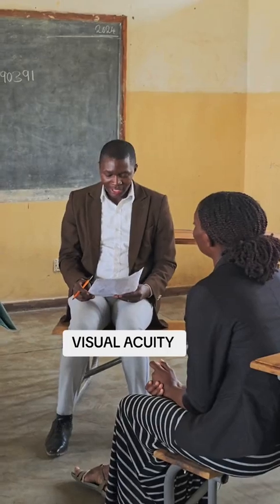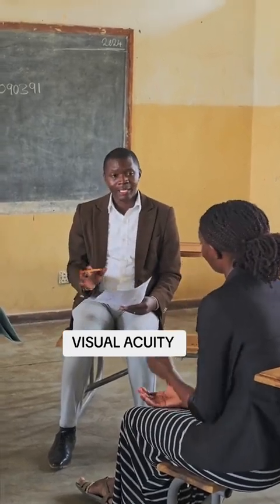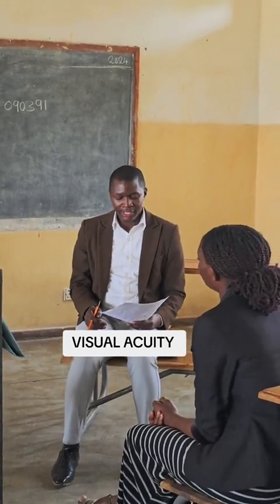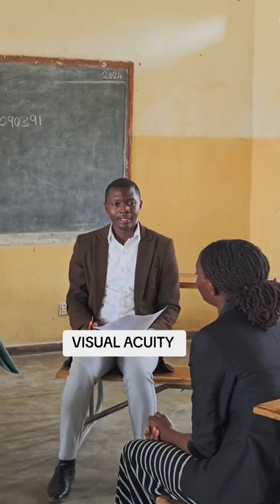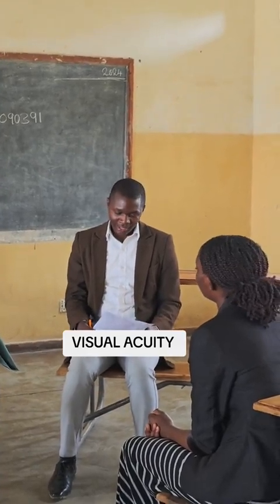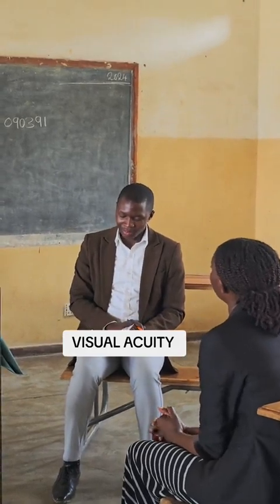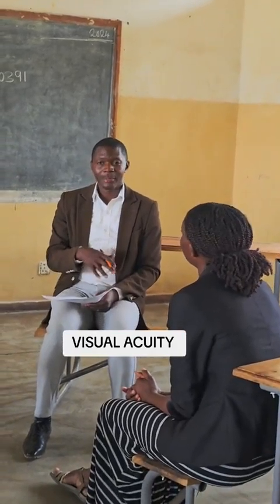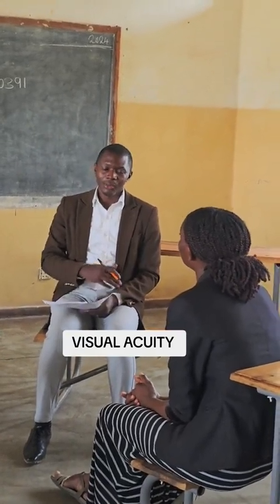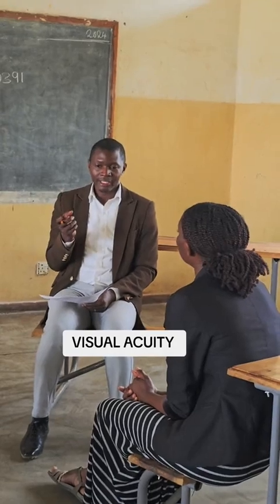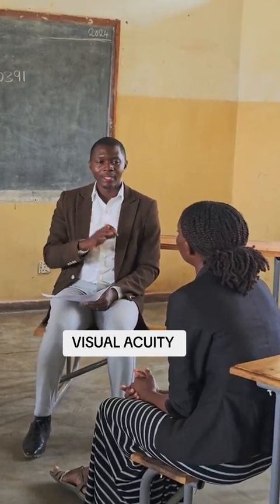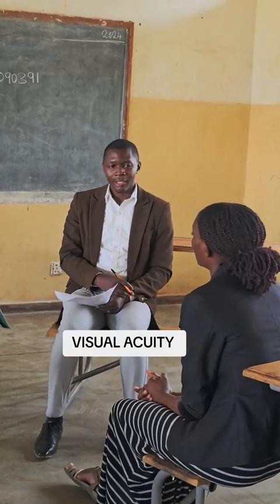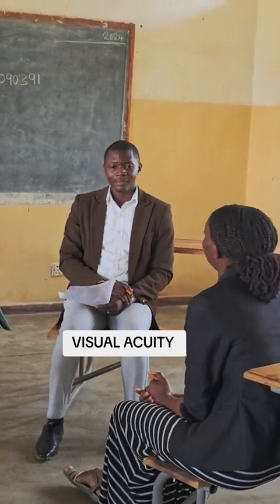So now, Miss X, we have assessed your eyes. Your right eye, you are able to see letters on 4 lines successfully, and on the left eye, you are only able to see letters on 2 lines out of the 6 lines. With these results, this indicates that both your eyesights are not very good. Therefore, from this particular investigation or assessment, we'll still take you to do some more investigation so that we assess what could be the problem with the eyes, so that we can give you the correct lenses, also correct interventions or drugs. But in the meantime, what I would advise you is that you should do